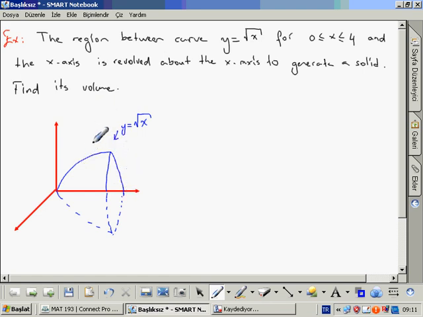Okay, and when you take the del x from here, this part, for example, here will be x, and this part will be square root of x, which is also the radius of the circle,